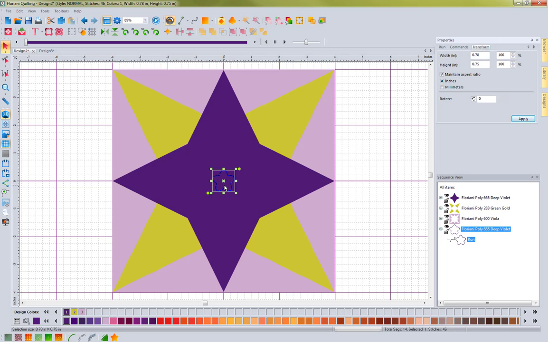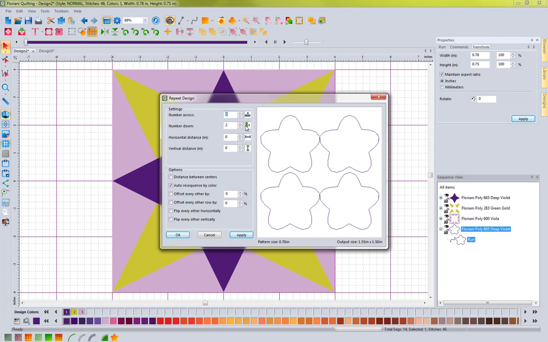So with that done, with it selected, I now need to come up to the repeat design. When I click on the repeat design tool, it's going to load it 2 by 2. So it's going to have 2 across and 2 down, and I can change this easily by hitting these arrows. And there are a number of things that I can do. I can work with the distance between, and I can change things like flipping them. I'm going to show you a few of those things,